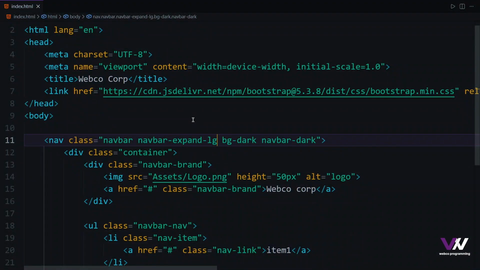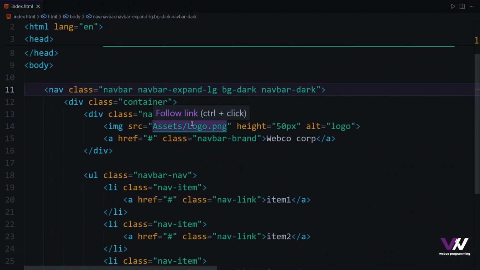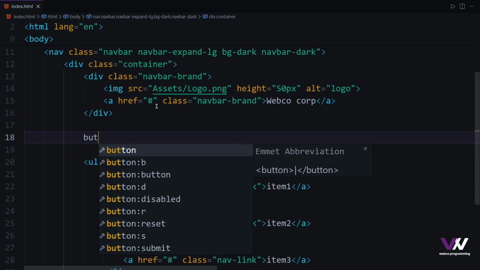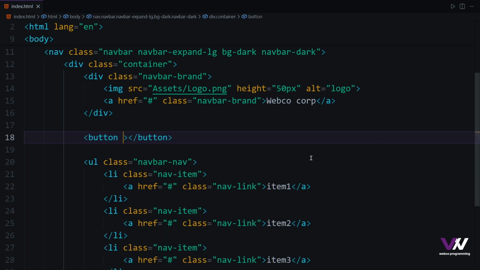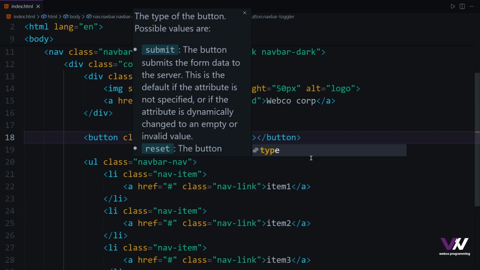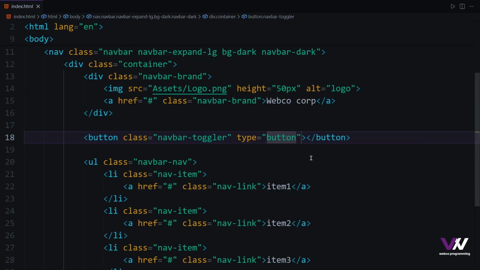And for fixing that, of course, we need to have our hamburger menu button for our navbar in our mobile views. So here, after our navbar brand, we're going to add that button. And that's basically this button tag. Inside of this button tag, we need several attributes to make this work. The first one is, of course, our class, which we want to be navbar-toggler. Then we want to make the type of our button simply button. And then we're going to have this